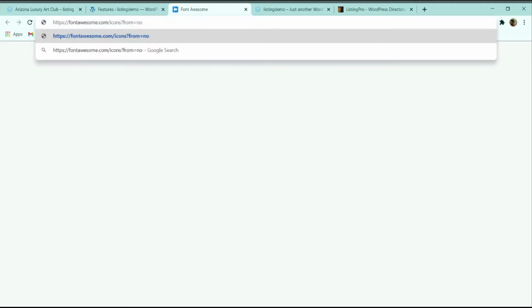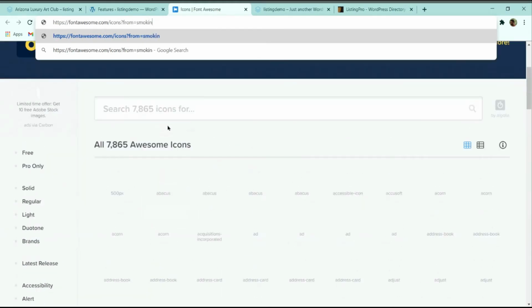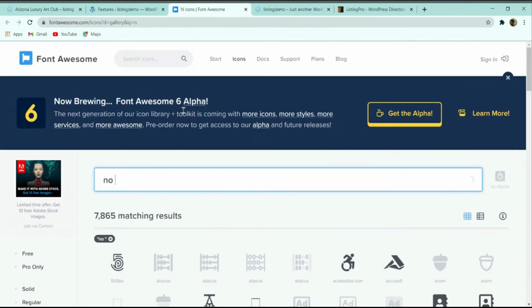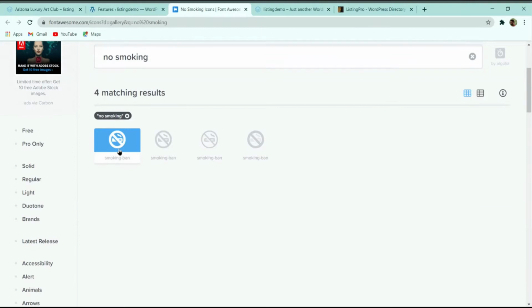Let me search here, or you can also search it from here, no smoking. And then here you can see that this is the icon which we are getting. Now simply click on this icon.